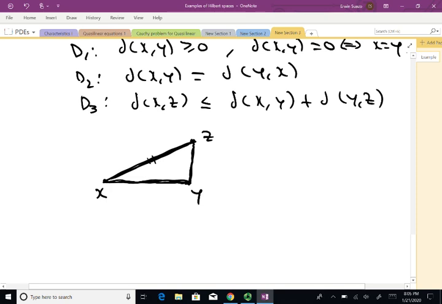Sorry, my pen for a second. This battery happens in every video. So